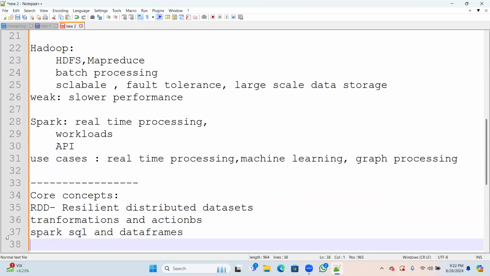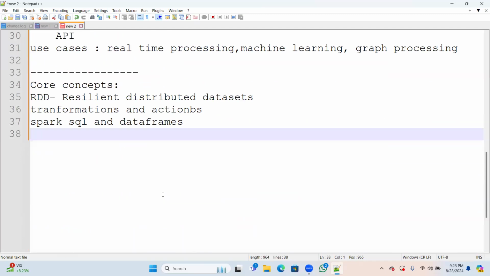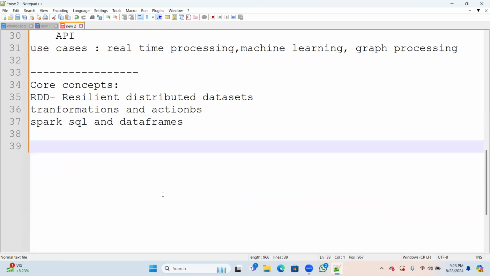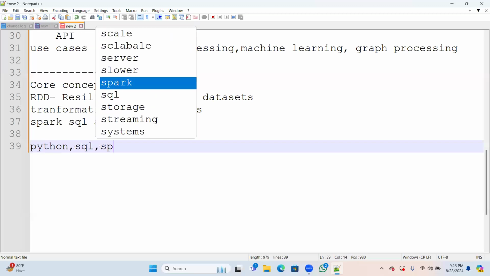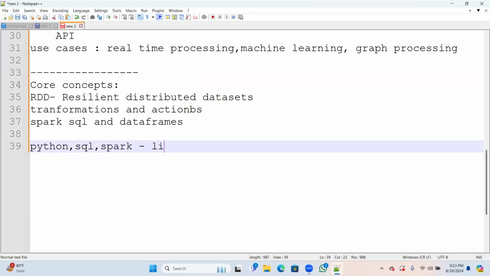DataFrames is nothing but how we use it in PySpark, I'll show you. This will be easy if you know at least the basics of Python. They use a combination of Python, SQL and Spark, meaning some of the Spark libraries. Libraries are nothing but a group of functionalities stored somewhere, so that they can be reutilized in Python.